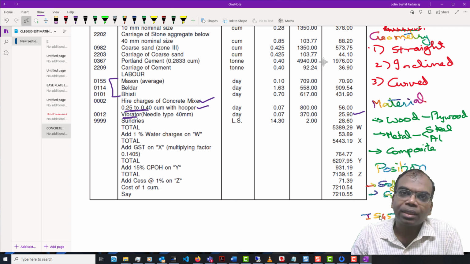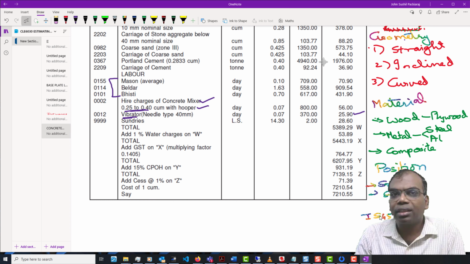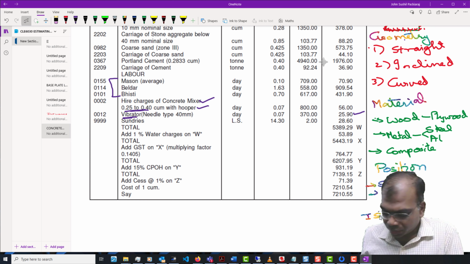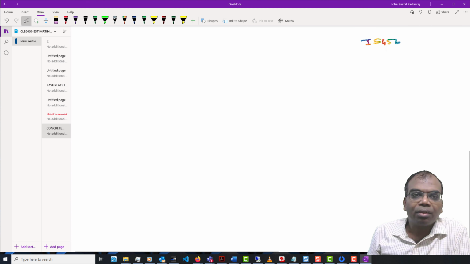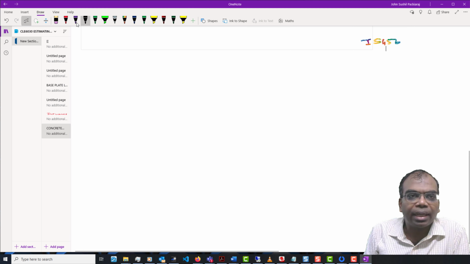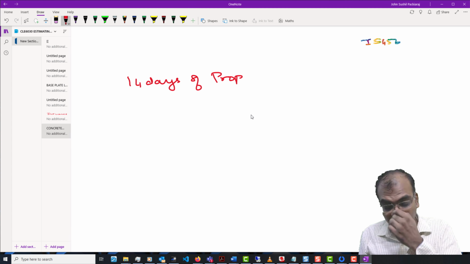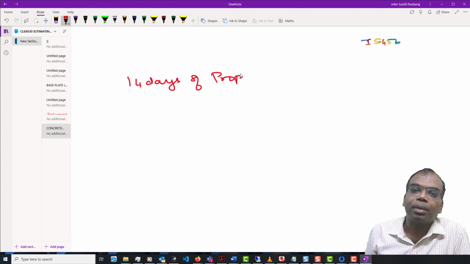Now here we come to one more example of how the use of different technologies, or different ways of working with the same material, changes a lot of things. Suppose I have a material that requires 14 days of prop. So the concrete requires 14 days of prop. This is using material 1.